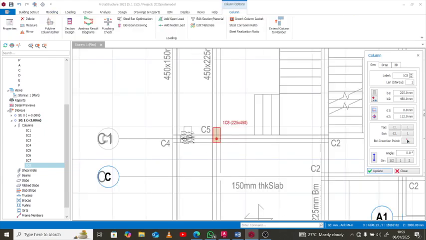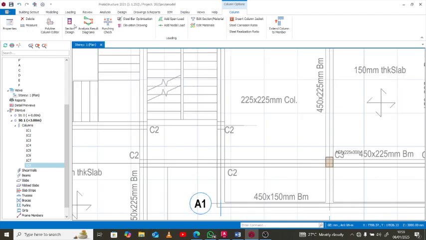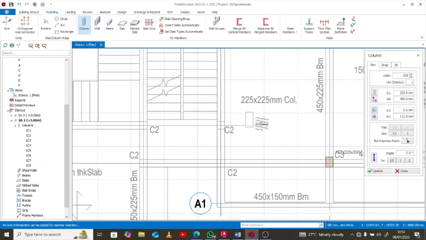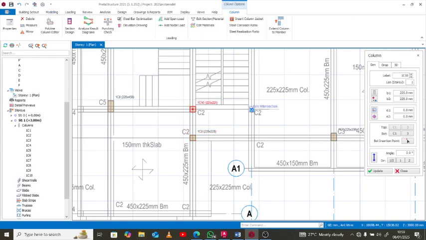Okay, great, perfect. So the others remain 225, and that's exactly what we're going to do now. 225 by 225 with no eccentricity. Please take this, this,